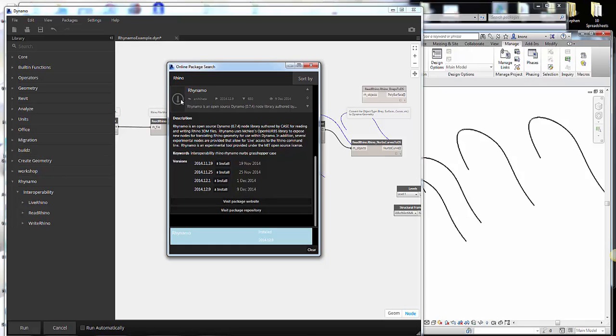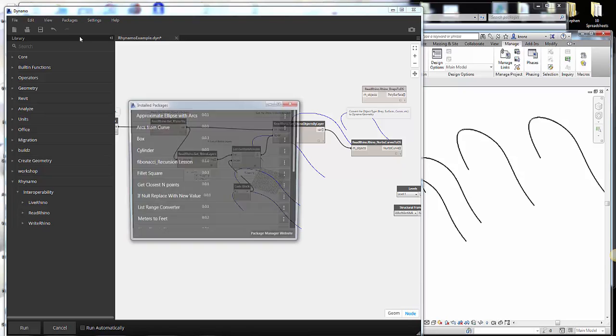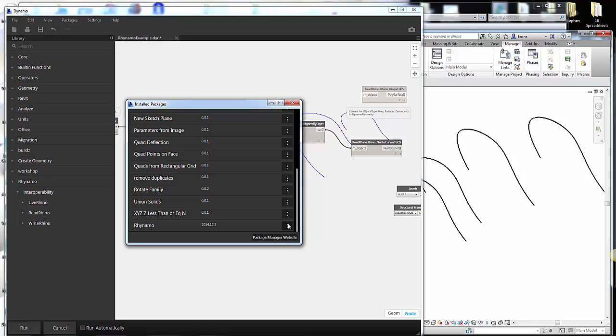So after you hit that button, you're going to download it. You're going to get Rhynamo over here in your node browser. If you want to remove it later on, by the way, go to packages, manage packages. This allows you to remove tool sets that you might have downloaded before. So if I click on this, I can uninstall it. If you are the owner of this package, you can do things like deprecate, which basically means that it doesn't show up in the search anymore, but other people who rely on it can still use it, and make alterations, those sorts of things. You can also go show contents,